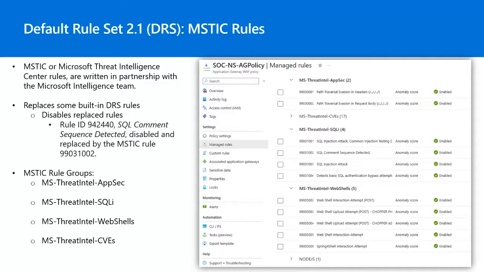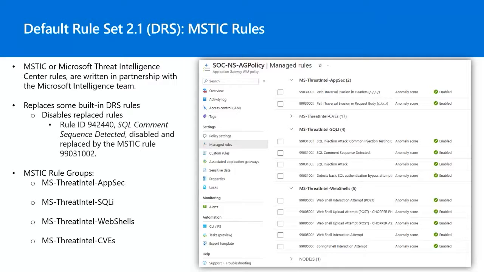By focusing on zero-day vulnerabilities, MISTIC ensures that Azure WAF can respond to attacks that exploit previously unknown vulnerabilities in software. This proactive approach to security is crucial in a landscape where attackers are constantly seeking new ways to breach defenses. The development and testing of MISTIC rules really involves a collaborative effort between MISTIC and the Azure WAF teams. This partnership ensures that the rules are not only based on the latest threat intelligence, but also tested rigorously to minimize false positives and maximize the protection. The collaboration extends to the rapid deployment of new rules, ensuring that Azure WAF can respond swiftly to new threats